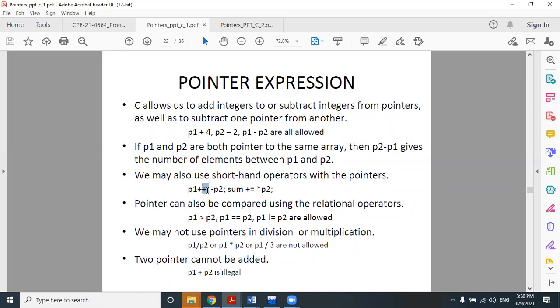Okay, pointer P1 plus plus. Or you can perform this. Look, one thing you should understand is that these are pointer variables, right? So we should not use star P1 here. Star is used to represent the value of the variable that the pointer variable is pointing to. The pointer variable does not itself have any value. It has a value which is equivalent to the address of the variable that it is pointing to. It does not have its own value.